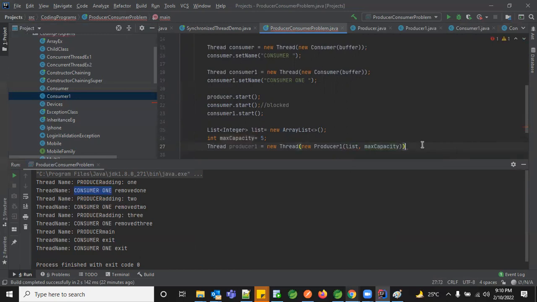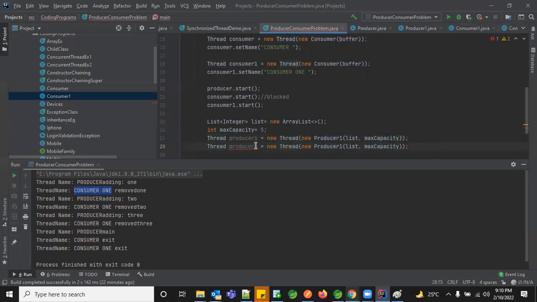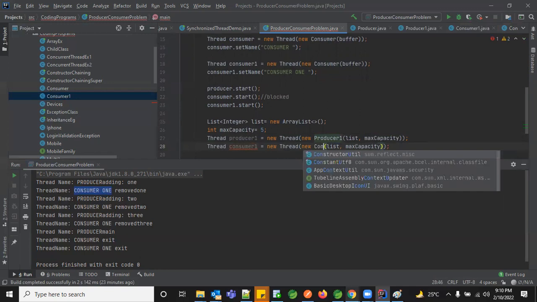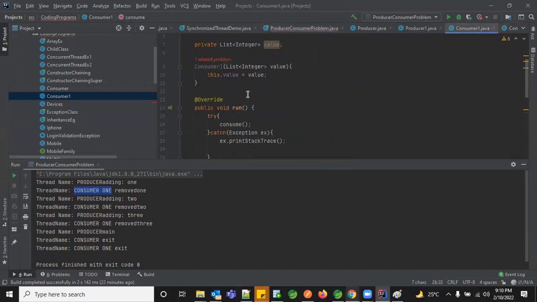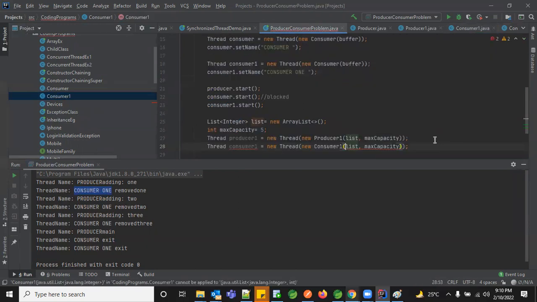I need to pass these two instances. Now I need to create the same thing for my consumer, Consumer 1. And Consumer 1 had only the list object, so I don't need the max capacity.